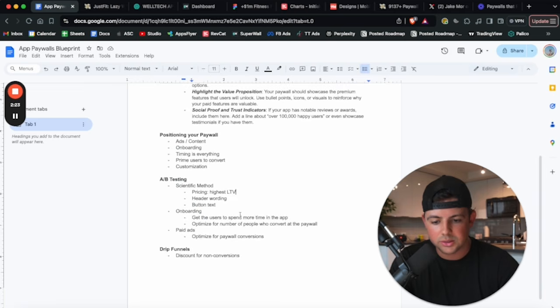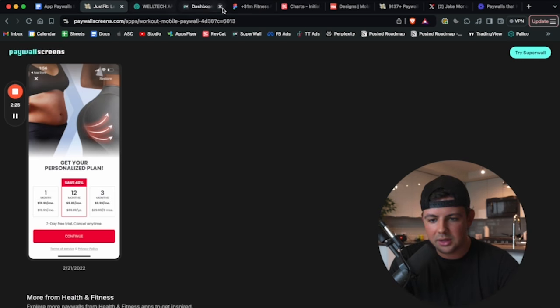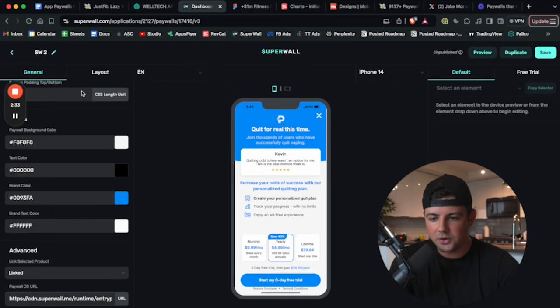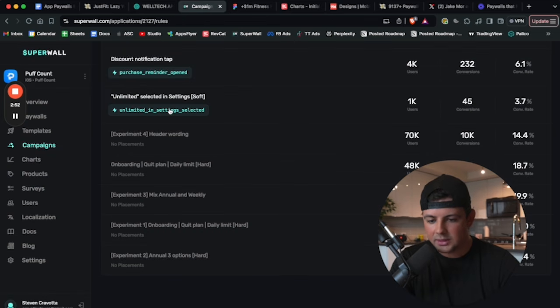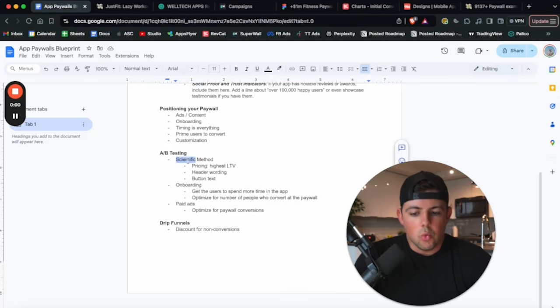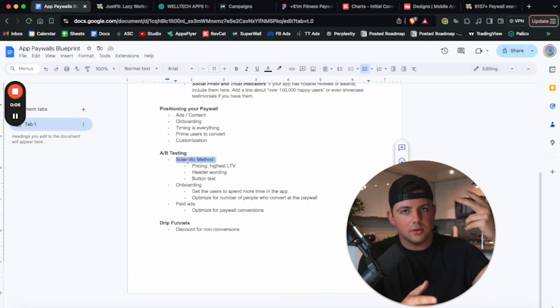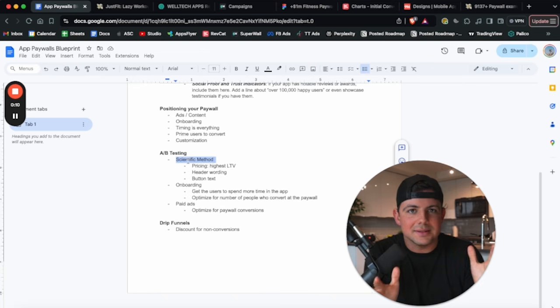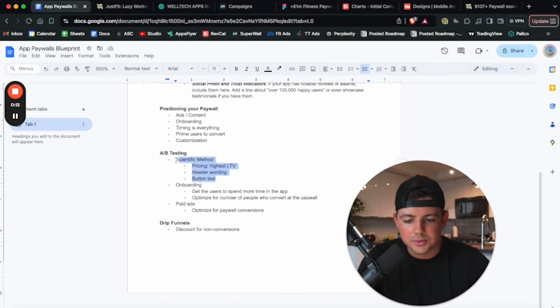And then finally, you want to optimize the button text. For example, this one says continue, and you want to test out the different button text versions as well. You want to run these different campaigns, and it will tell you which paywall is converting the highest. So once you've run the scientific method and you've A/B tested absolutely everything on your paywall, header, images, social proof, the button text, the pricing itself, once you have optimized absolutely everything for conversions and the highest LTV